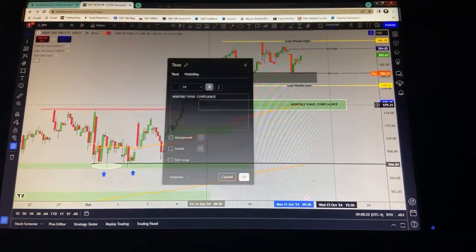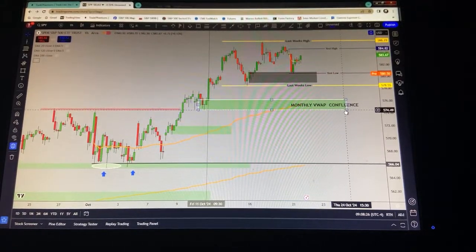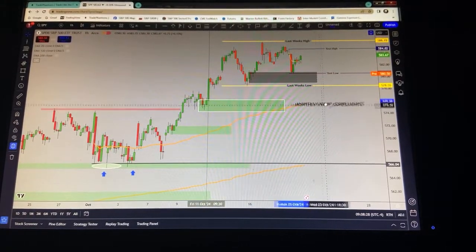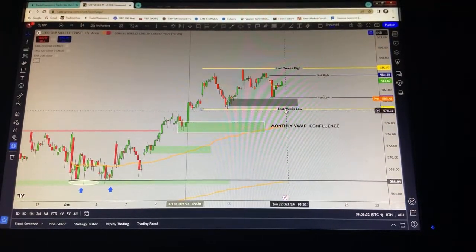Okay. Now in English, what does that mean? Just trying to stack the odds in our favor. Okay, trying to stack the odds in our favor. And with this basing up here, if this thing snaps down below last week's low, marked off in yellow here,